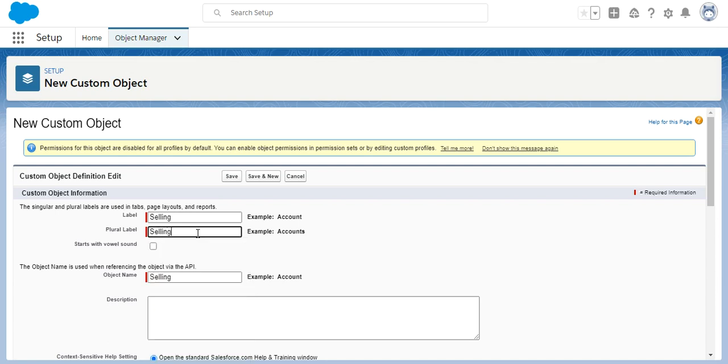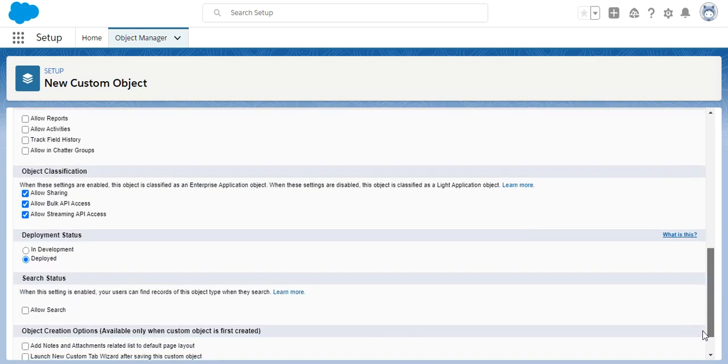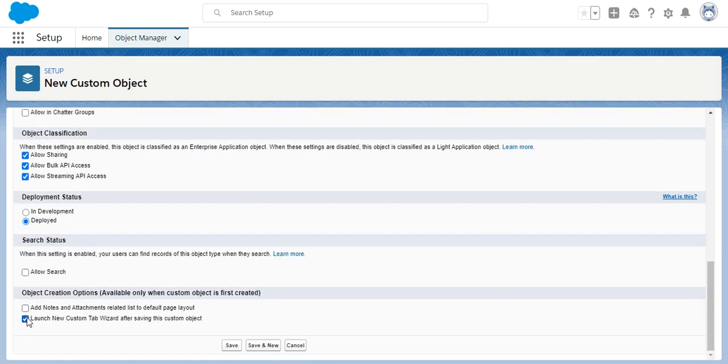So let's see. Just give the name over here, and save this as is. Simply, this is how we create simple objects, as usual.